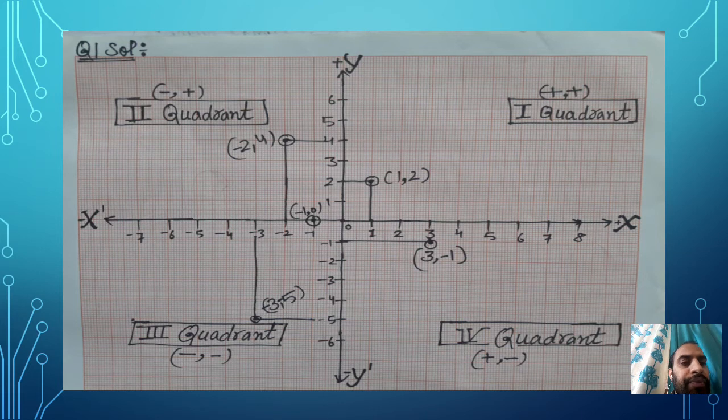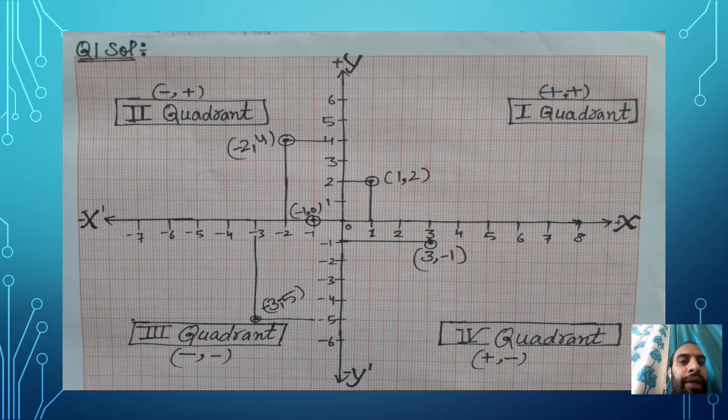And as I told you, the first value represents the x-axis and the second value represents the y-axis. So let's see the given points, how we can represent them. You can see here I have represented in quadrant number 1 the point (1, 2). That means we need to start from 1 on the x-axis and 2 on the y-axis. Where they meet each other, that point is (1, 2).